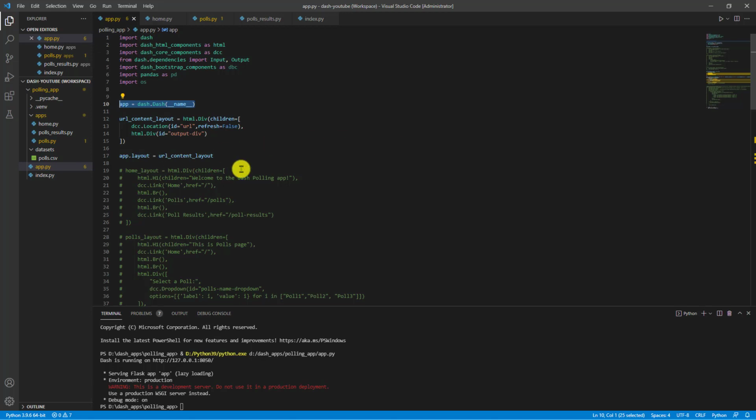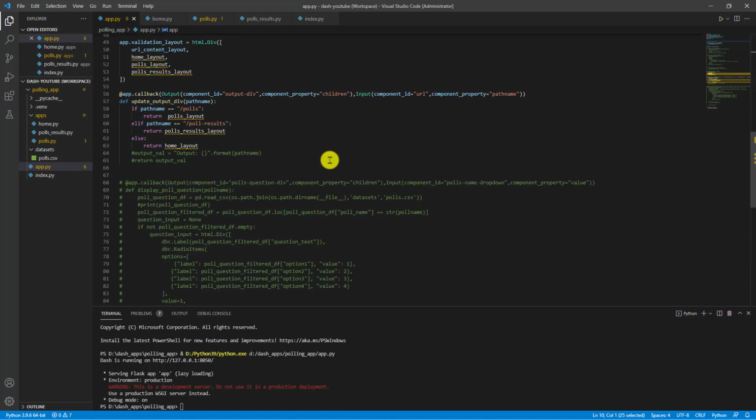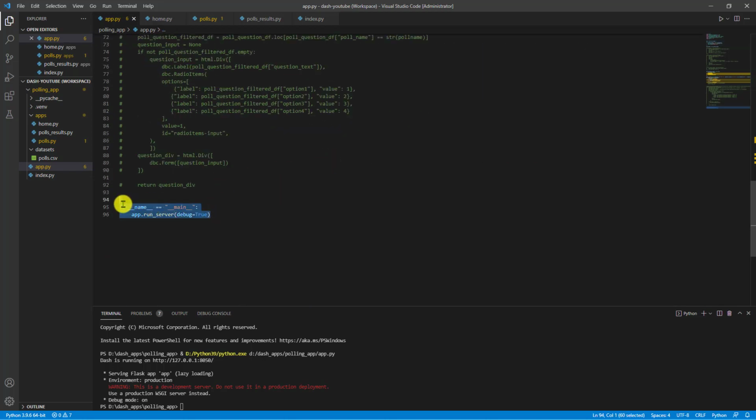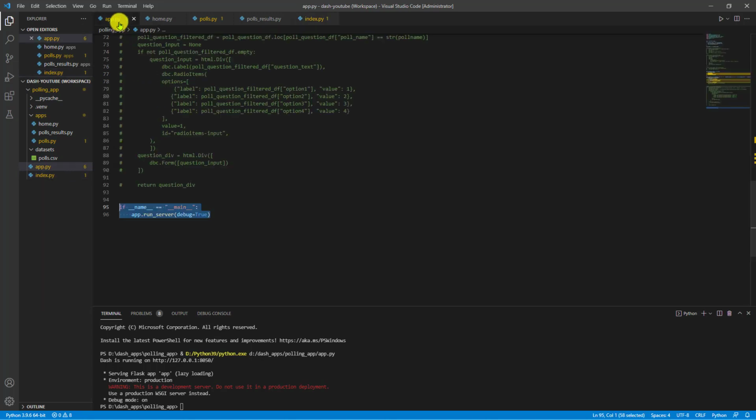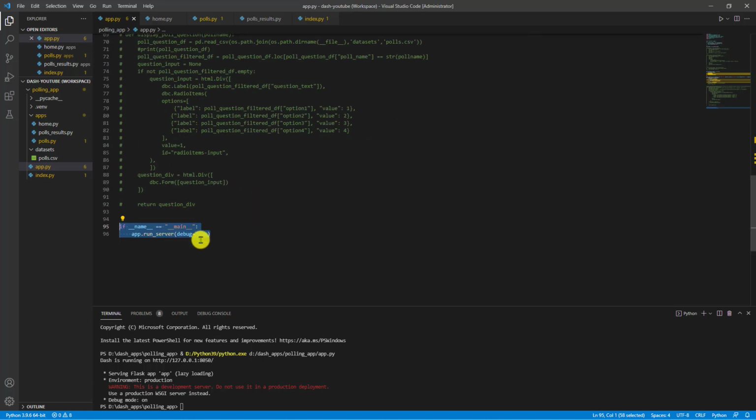Okay, so index.py will be our entry point. So let us move that one here. Okay, so this has to be there. So this app has to be there as well. We will see that. Now I can comment out this guy.